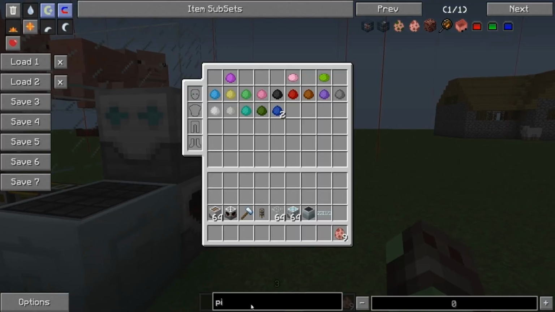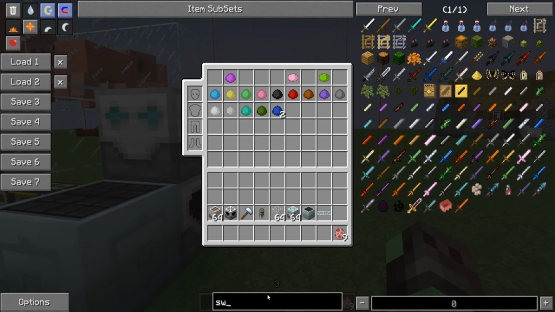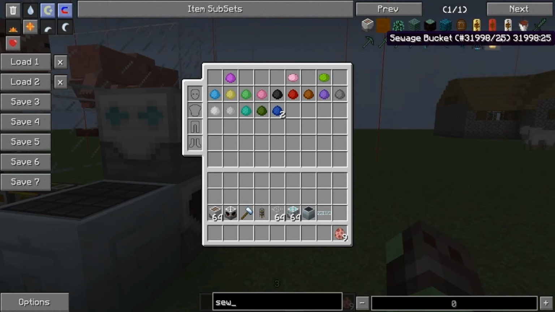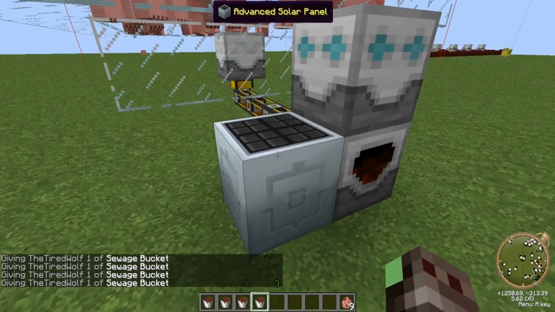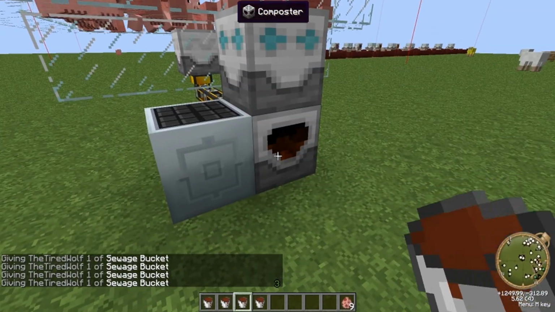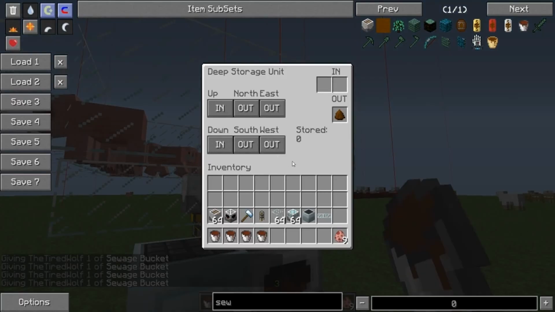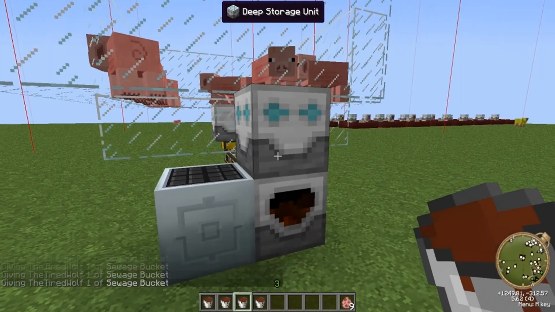So if I just grab a bucket, I can hear them pigs glitching out. So we just grab some buckets, and we start filling this guy. Okay, you see he's just filled up. Now what will happen is he'll pop out industrial